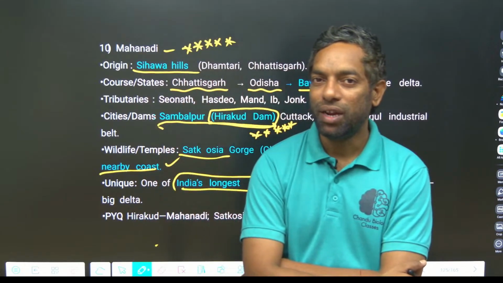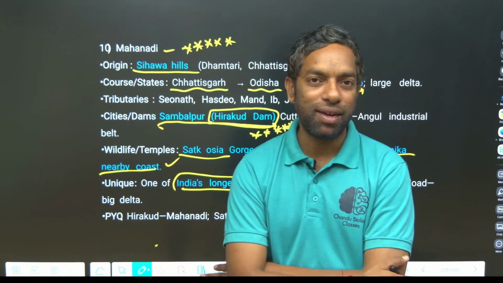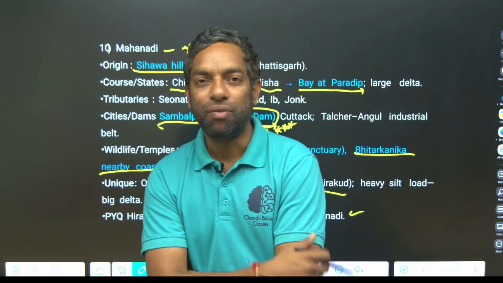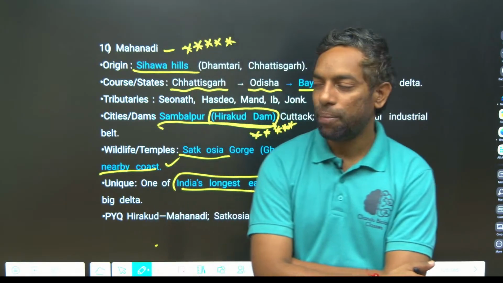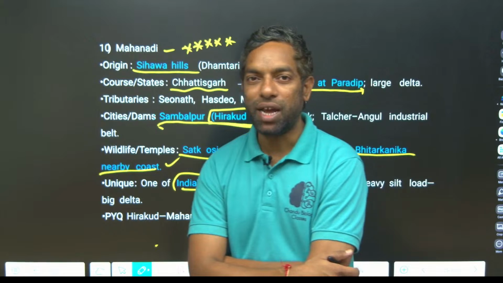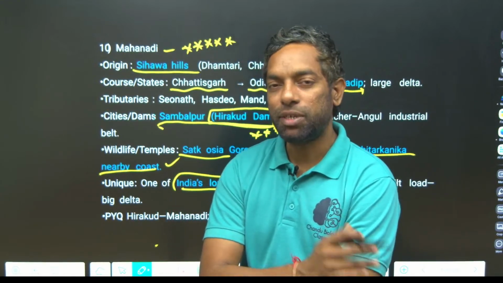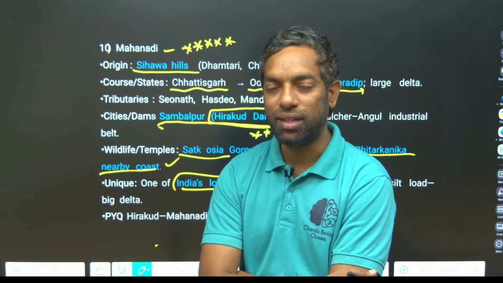These are all small rivers as compared with perennial rivers, guys. But you have to know the dams on the rivers. This is important. They can ask you one side dam name, one side river name, match the following. They can ask you, guys. Don't miss it. There are many dams and rivers. I can make a video especially for dams and rivers, guys, in the coming classes.